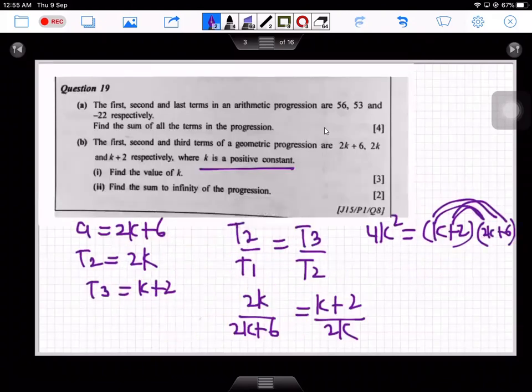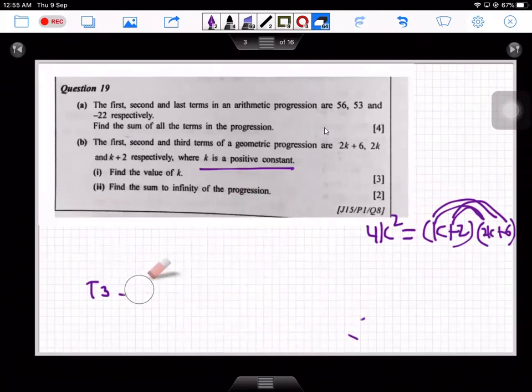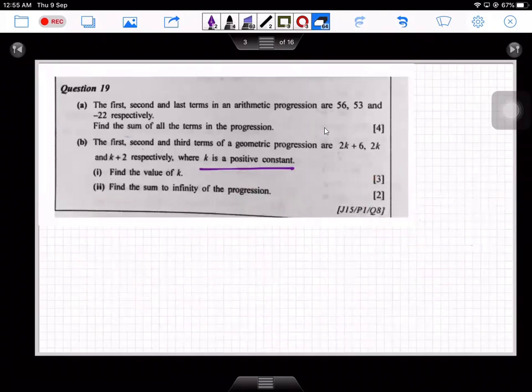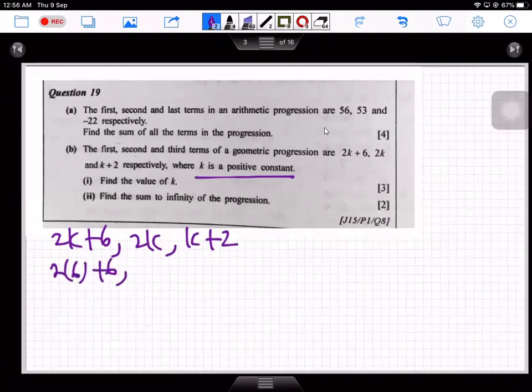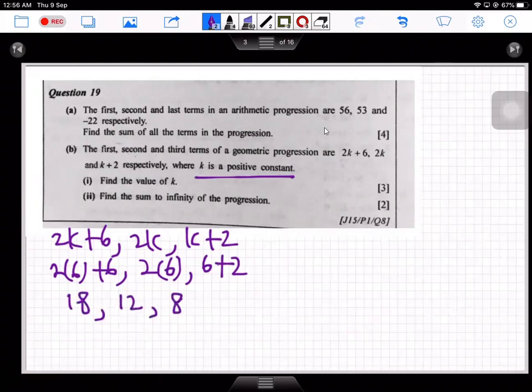Now part 2 is saying to find the sum to infinity of the progression. Let me erase this whole working. Since we have found the value of k, which is equal to 6, we can write down the first three terms of this geometric progression. So 2k plus 6, 2k, k plus 2, and 2 times 6 plus 6, 2 times 6, 6 plus 2. Just write down the first three terms. 6 times 2 is 12, 12 plus 6 is 18. So 18, 12, and 8 are the first three terms of the